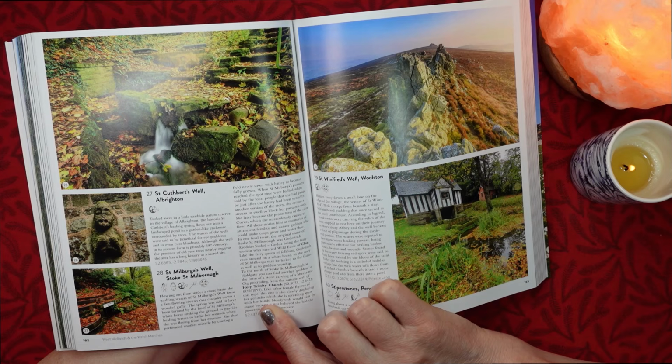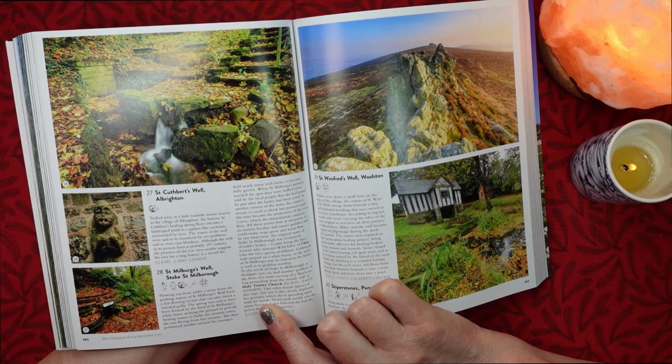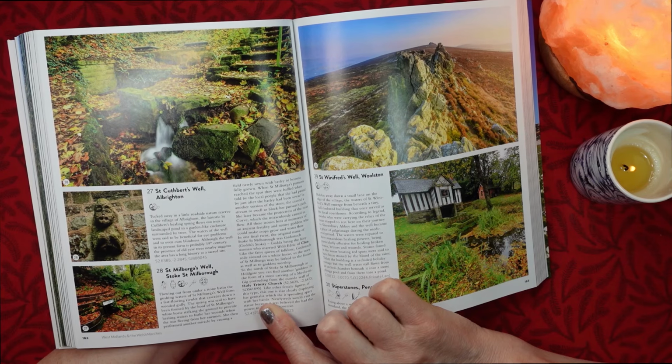the story, she caused a stream to swell to block her pursuer's path. She later became the protectress of the river Corve, which she miraculously caused to flow. All these stories